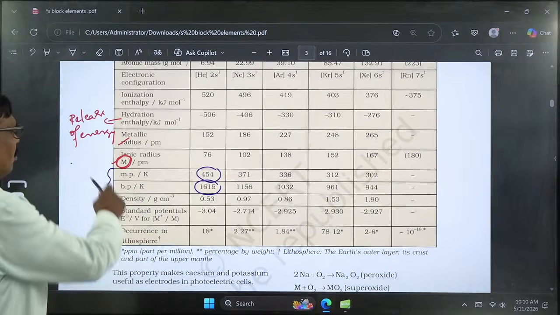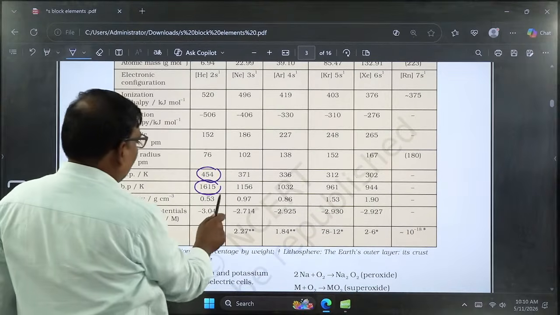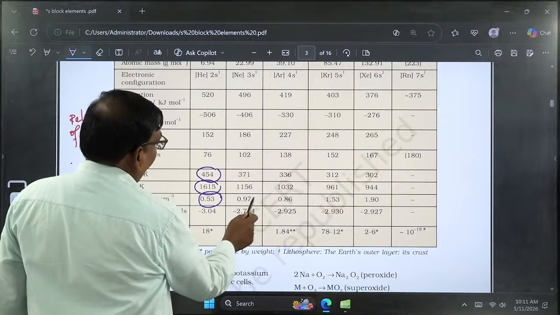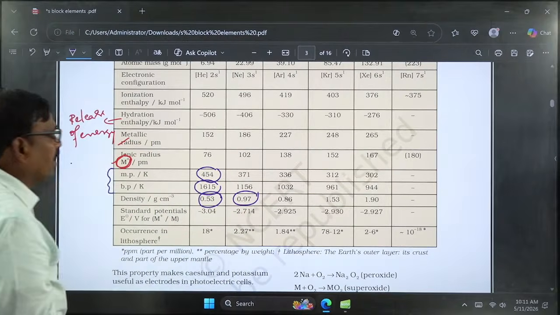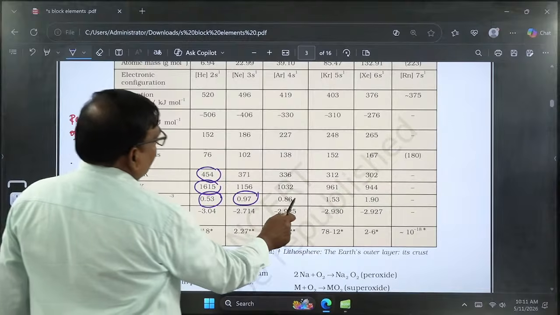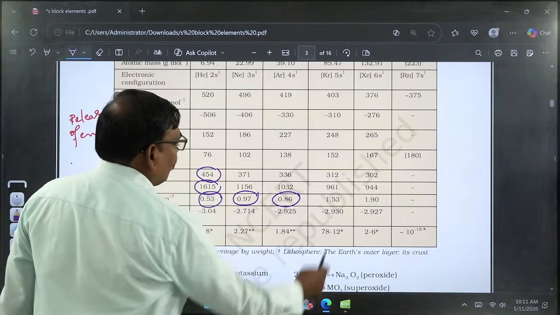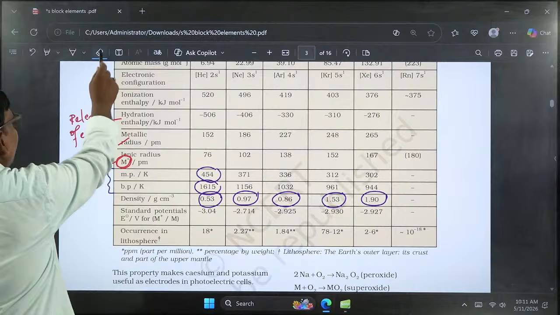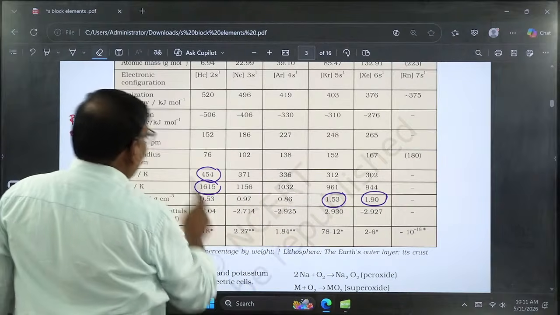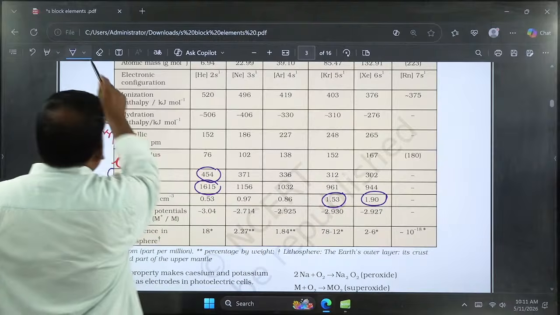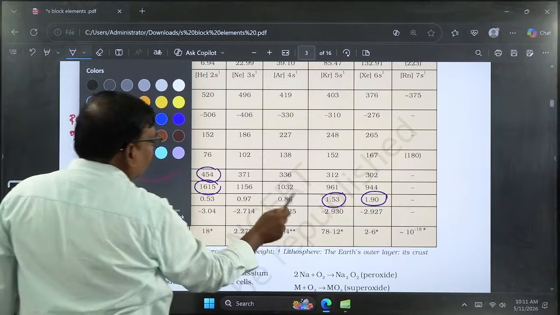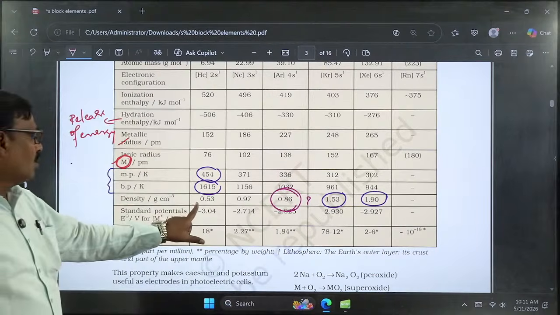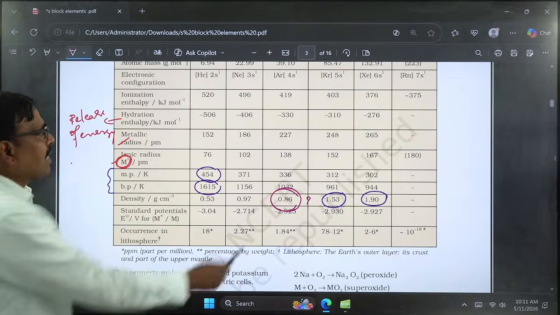Let us observe. Here the density of lithium is 0.53. The second element, sodium, has 0.97, whereas potassium has 0.86, and the rest of the other elements gradually increase. Here you can observe that the density of potassium is lesser than sodium. Why? That is the main reason. The density of these group elements gradually increases except potassium,